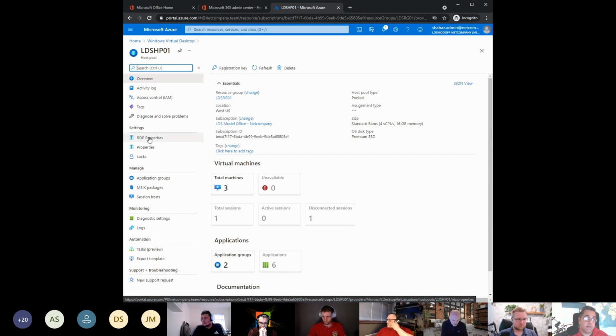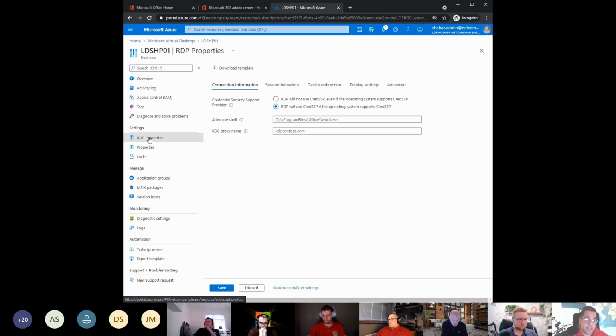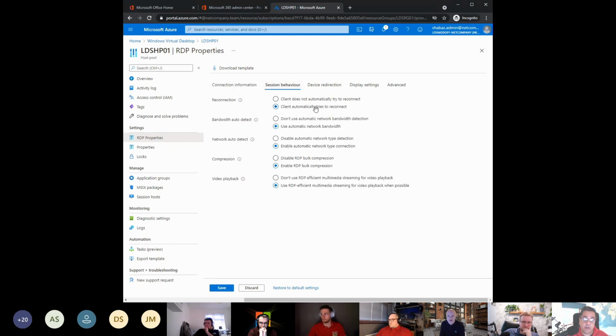One great thing about what you can do within the portal is configure RDP properties a lot like you could in RDS on premises. You can do the connection behavior, the credential security support, and the session behavior, such as whether the client automatically tries to reconnect when users reconnect.